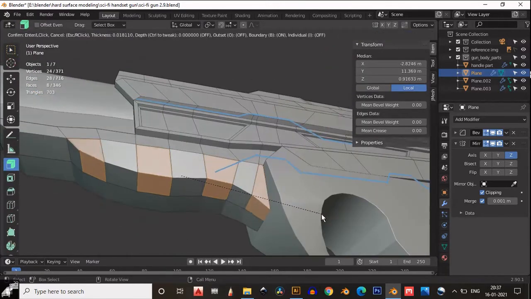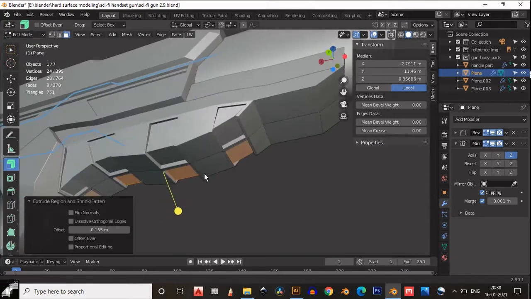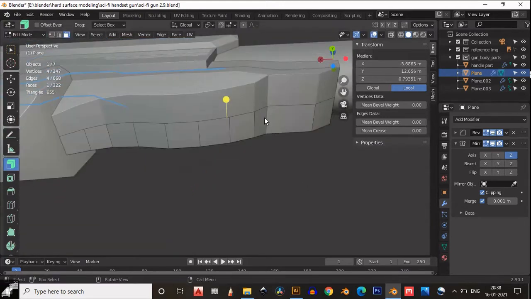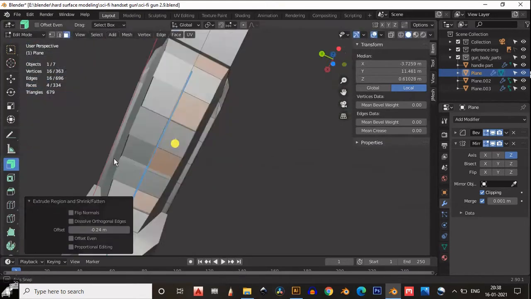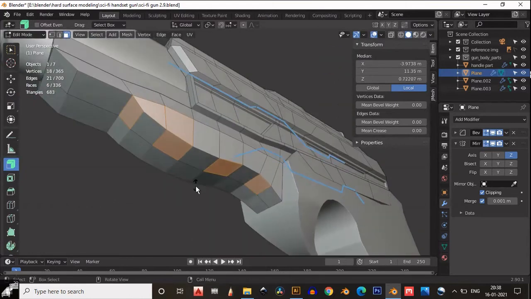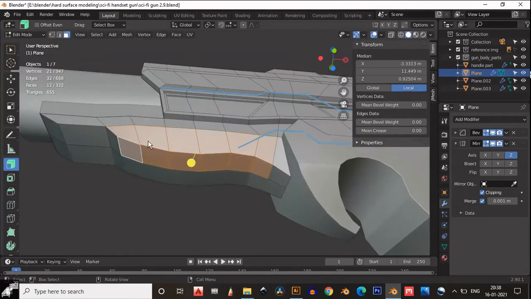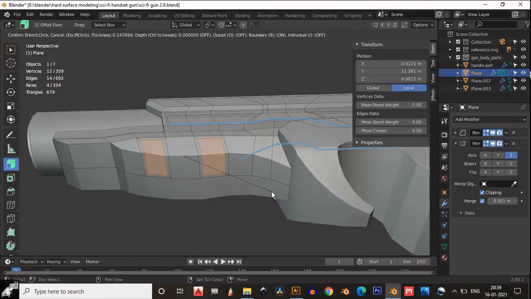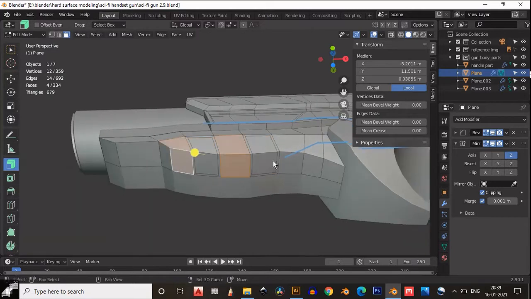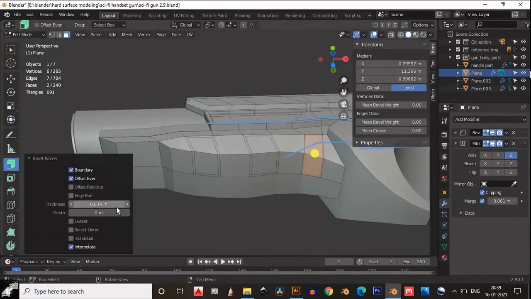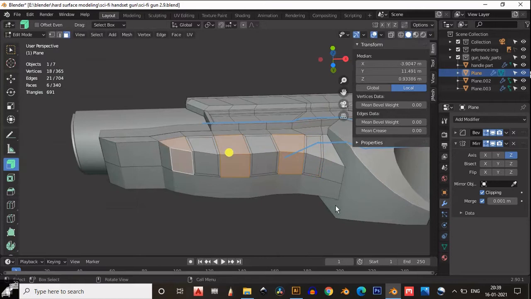So you can see here I have tried to create a design and I get a different result. You can see I tried 3-4 times to create this design on this particular part of the mesh. Just simple, just select the faces and insert these faces and extrude inside.